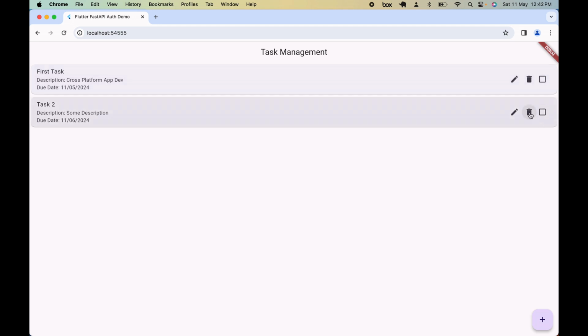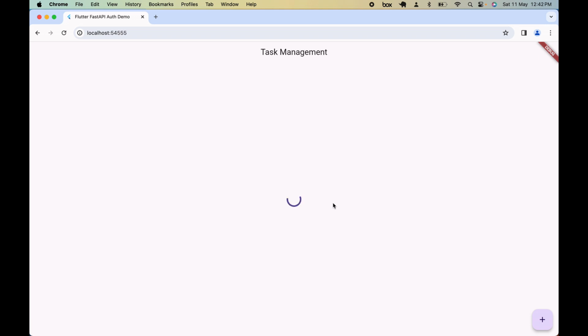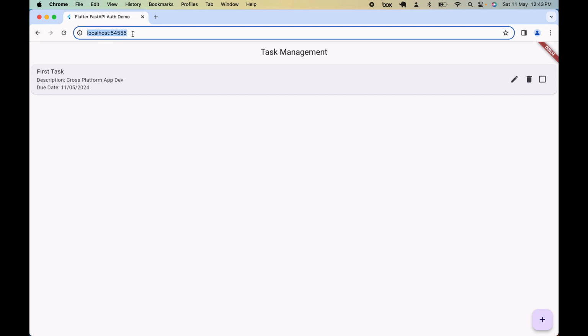Now we can also delete a task. We can delete from here, and it's gone. So that's the basic task management we have, and these are all persistent because we are saving this data into the Back4App database. So if we open the same thing,